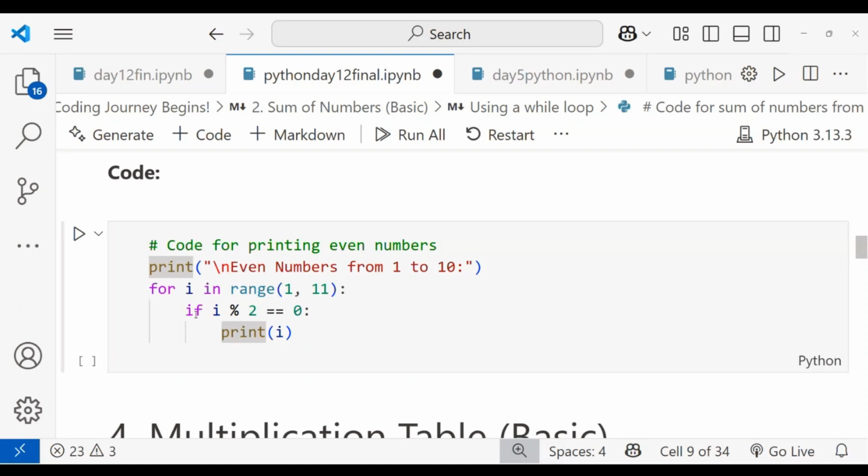I'm taking a condition, using if. If a number is divisible by 2, that is, equal to 0, then only it is considered an even number; otherwise it is not considered an even number. You can also use for in range with a step value, but without using the step value you can use if, that is using the logic. Interviews always ask you to use the logic. If i percent 2 is equal to 0, then print